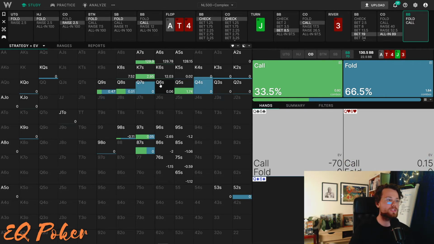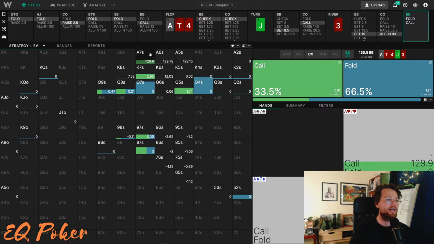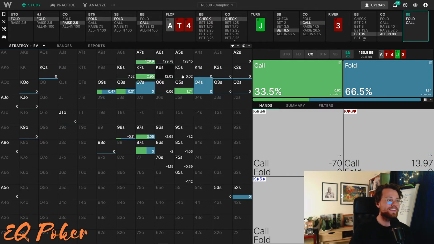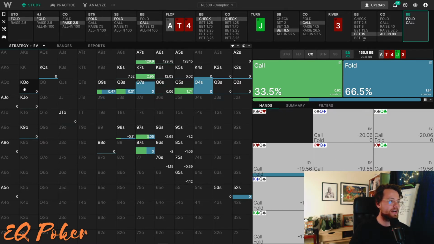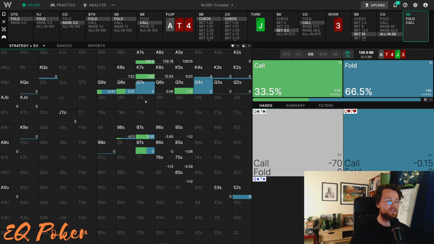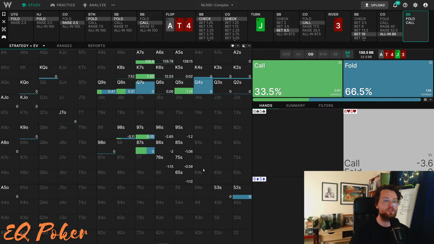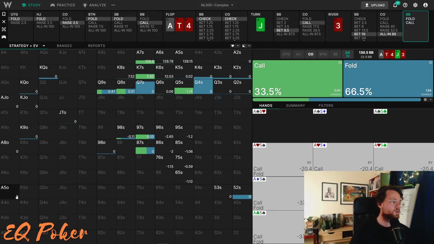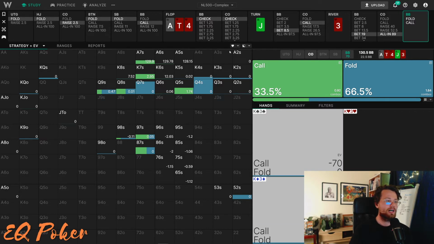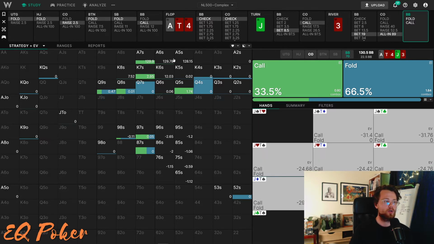if they go, say, bigger with that, well, I mean, they can't have nut flushes, so that helps. But if they go even bigger with certain flushes or different sizes, if they bet too many king-queen type hands for value for this scheme because they think we don't have enough flushes when we check, all of those things are going to point to us being able to exploit that range. But overall, I think it's just a kind of close but winning raise, and I would rather raise than call